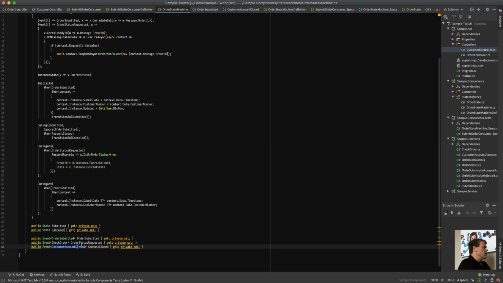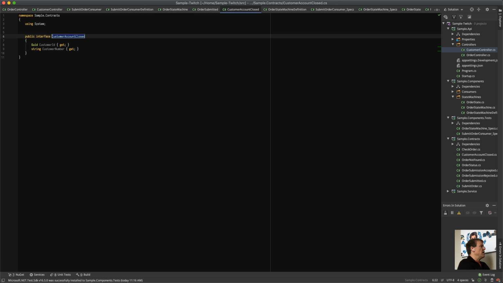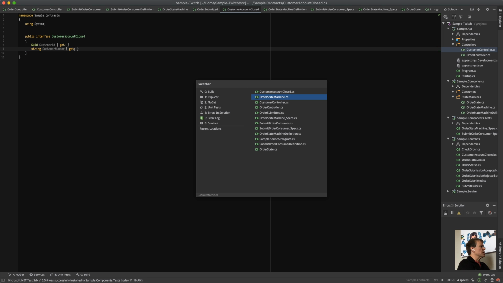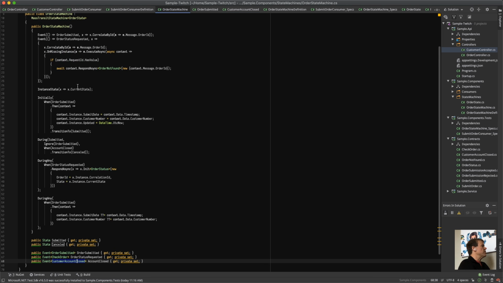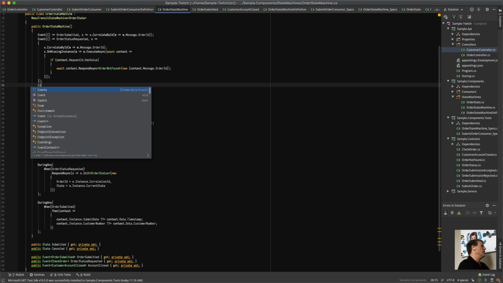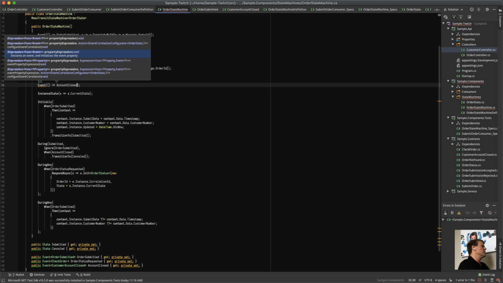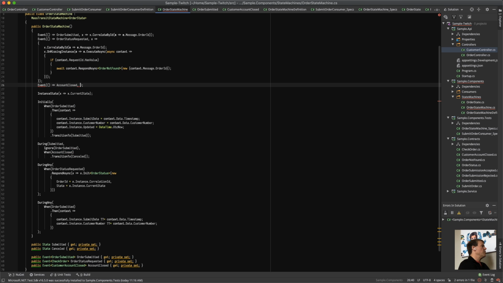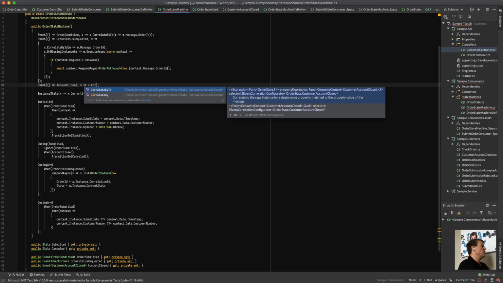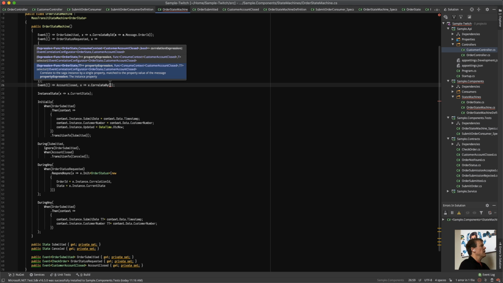Because the customer account closed event doesn't have our order ID in it, we need to correlate it by something else. In this case, we're going to use the customer number to correlate it. So up here where we define the events, we will add that event, account closed, and we will add a correlation expression for it. So in this case, we'll say x.correlate by, and the correlate by